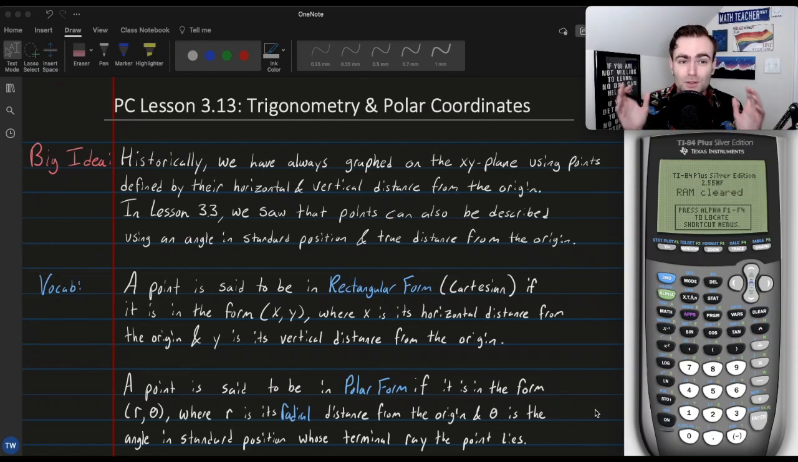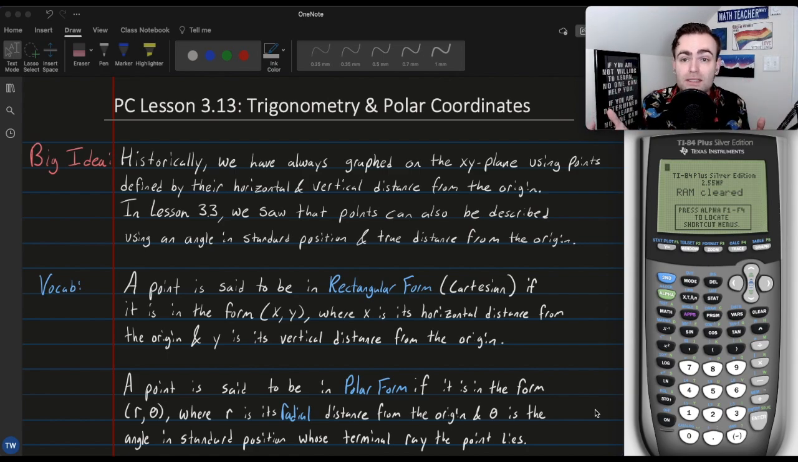Welcome everyone to lesson 3.13 from Precalculus, which is all about trigonometry and polar coordinates. So we're finally diving into this world of polar, which is very different than anything that we've done before. So let's dive in. Historically, for most of your academic career, you have graphed on the xy plane, which is